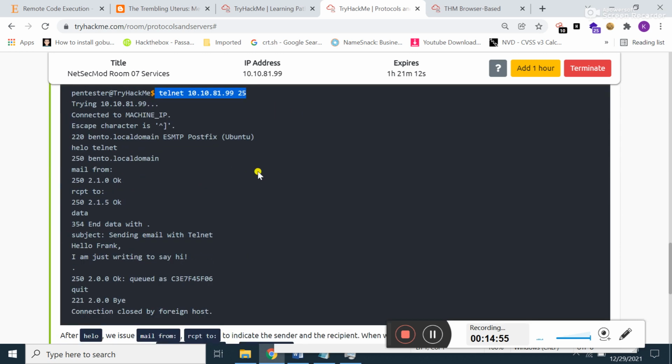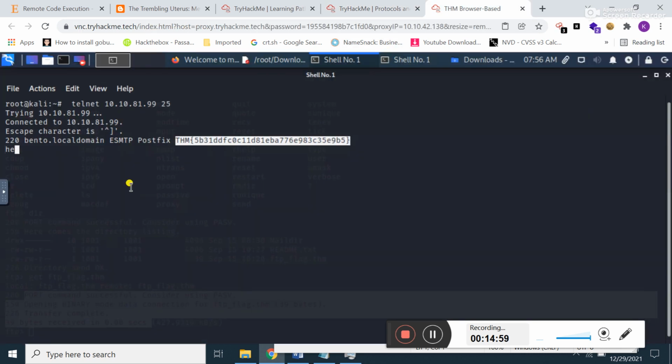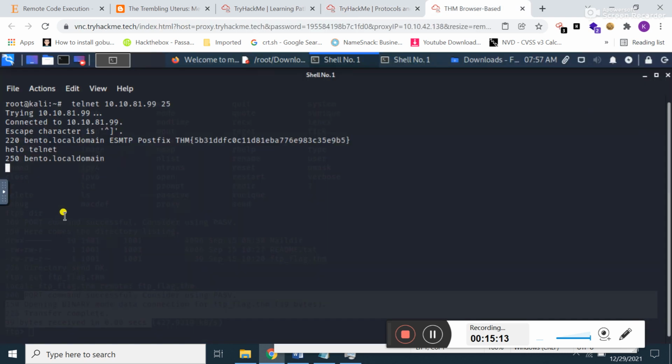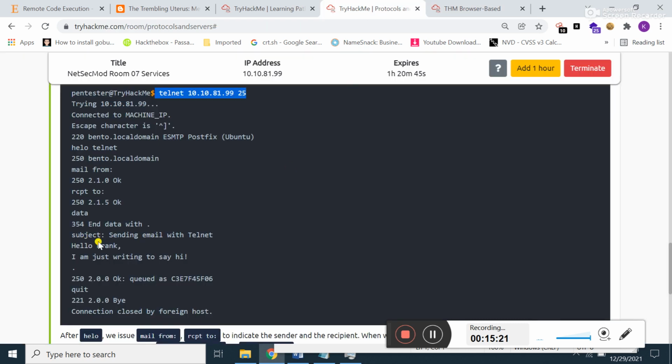You can type different commands here. If I type here hello telnet and press enter, see here it will display information about the domain. Okay, now if I type here mail from and press enter, I think I should specify the address here.